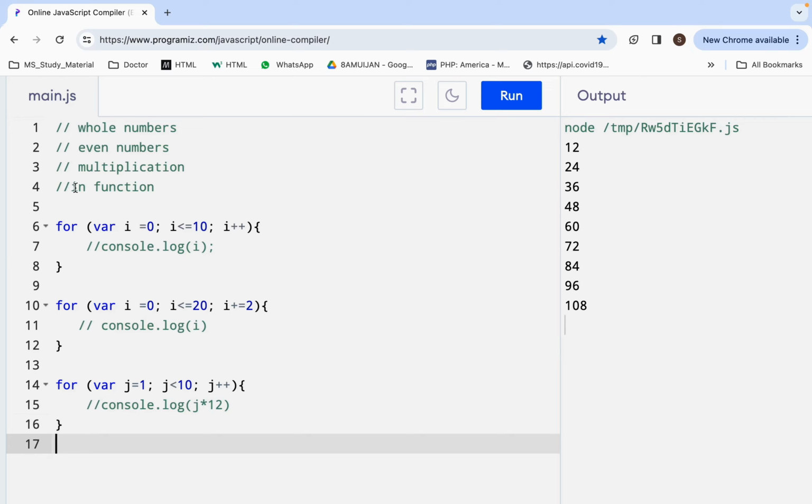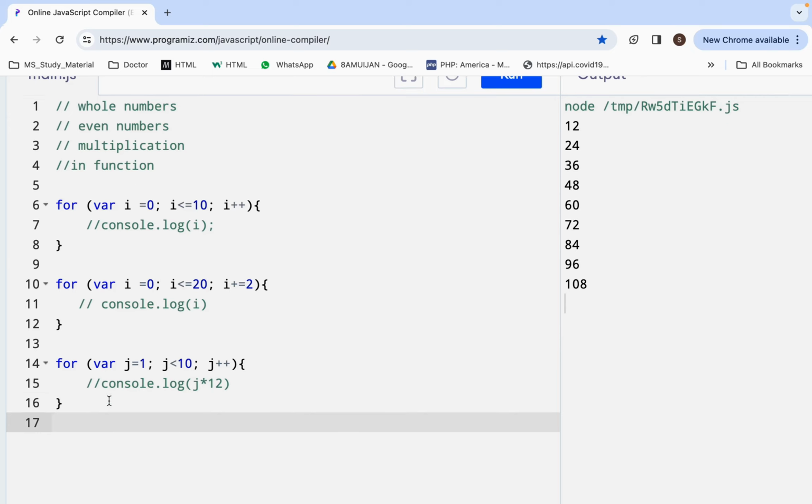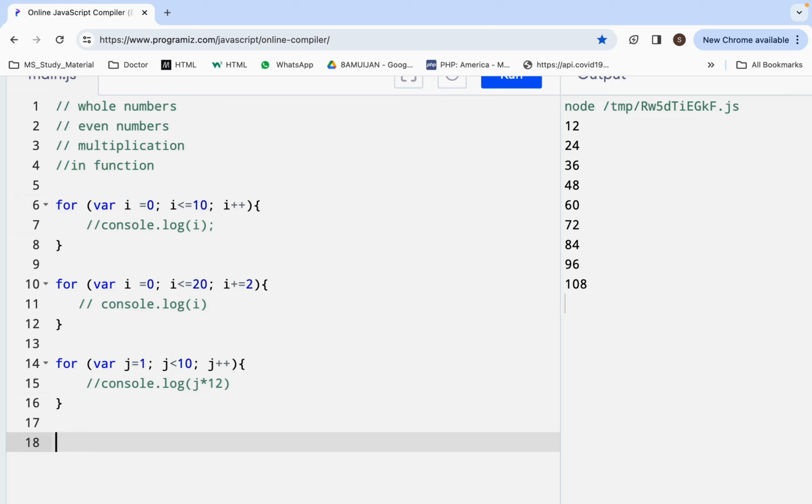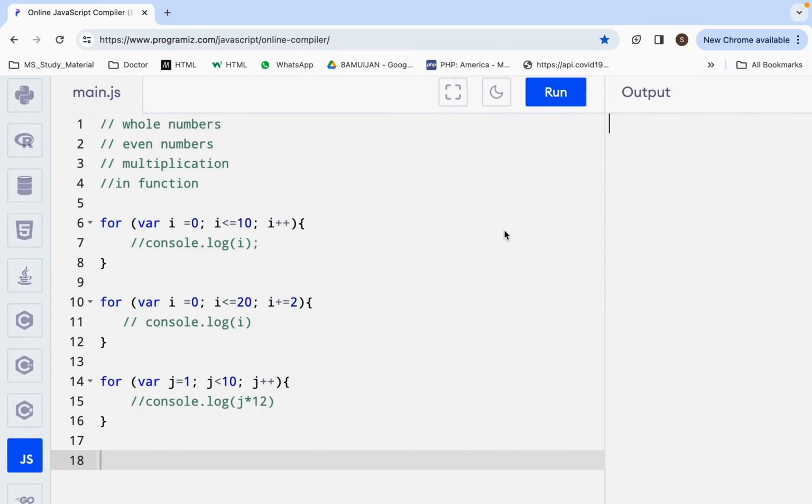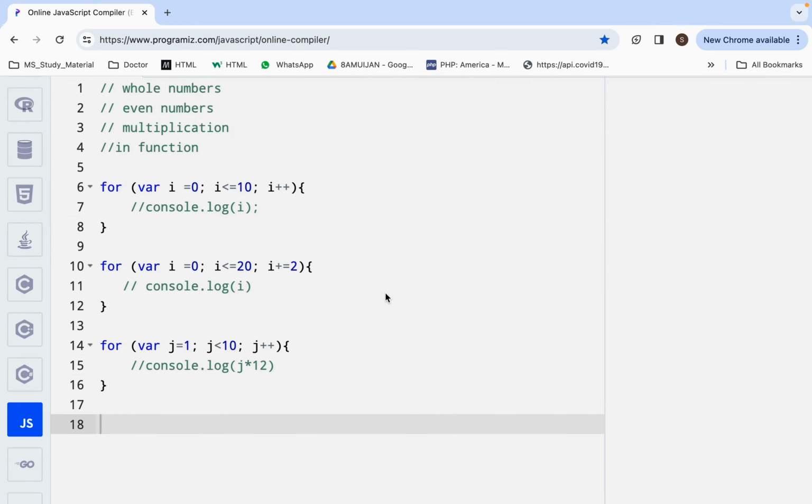Now how can I use for loop in the function? In the function, the benefit is that you don't need to rewrite every time. Like if I have to take out the multiples of 3, 12 and so on, I don't have to write it again and again. I will just specify that particular code inside the function, and after calling that function, I can specify that in the arguments. Use for loop in a function, then how can I use? See,